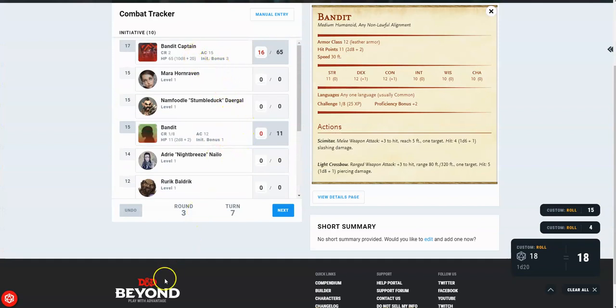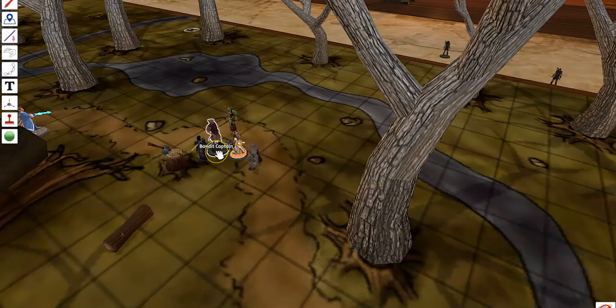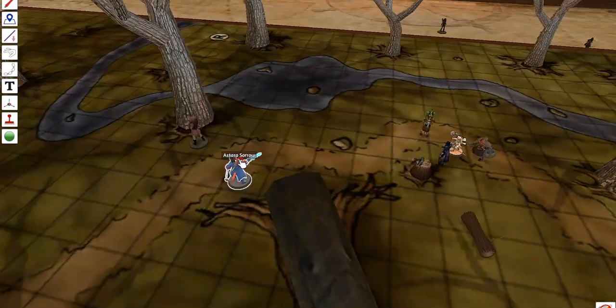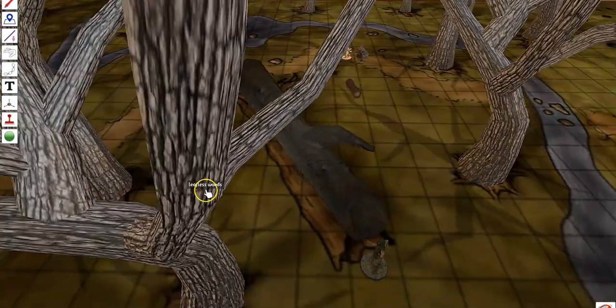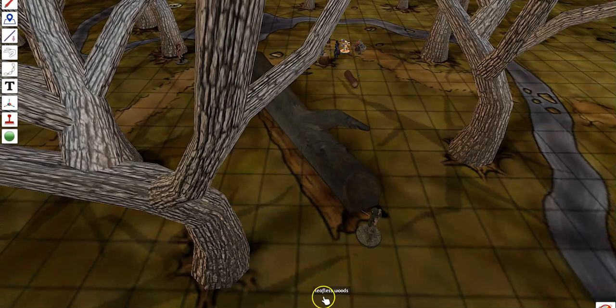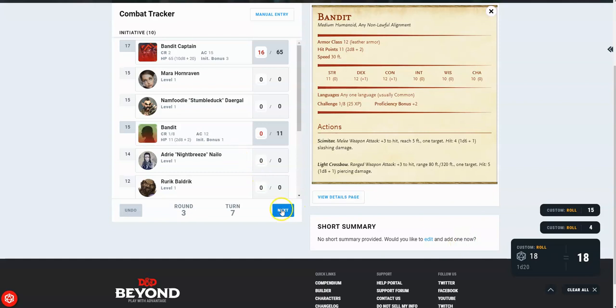And so what he's going to do is he's going to attempt to disengage as his action, and then he's going to turn and run 30 feet. 5, 10, 15, 20, 25, 30. Okay? And so he's trying to make a break for it. And we'll see if he makes it away in time, or if we can stop him. So next up